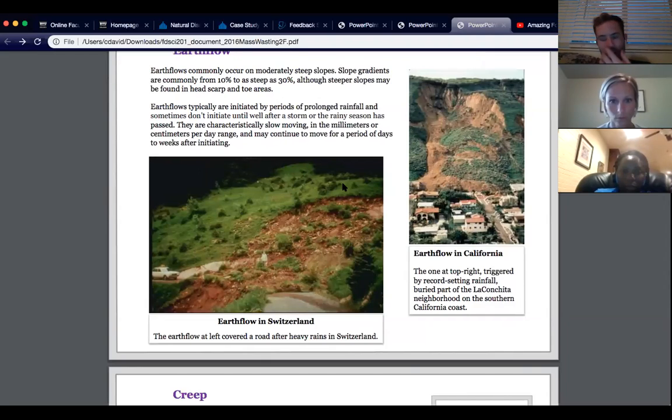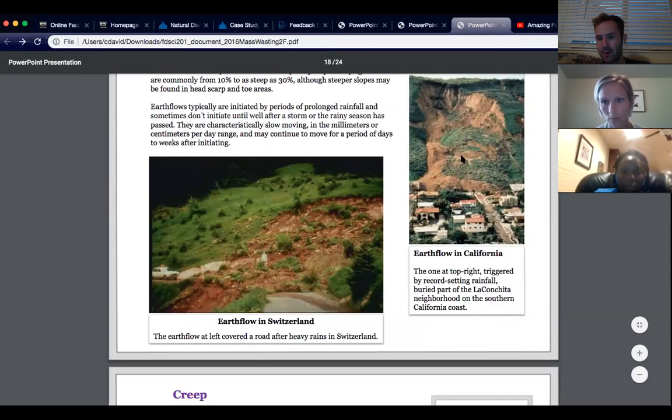And then here's another image of it. This image right here is a great one. This earth flow in California, this is that La Conchita. This is a case study too that was this week. This is an image of that earth